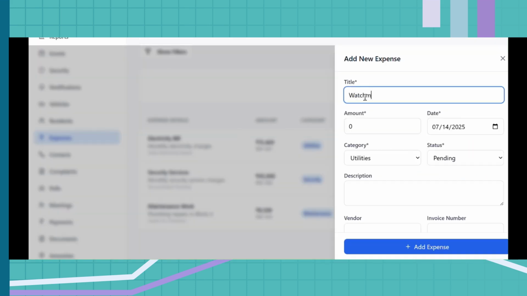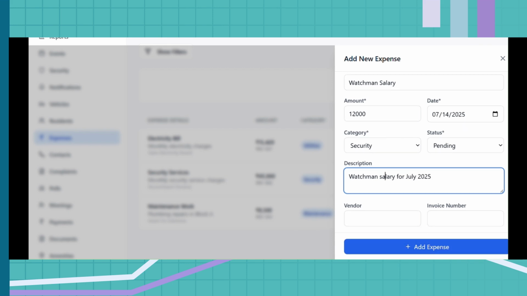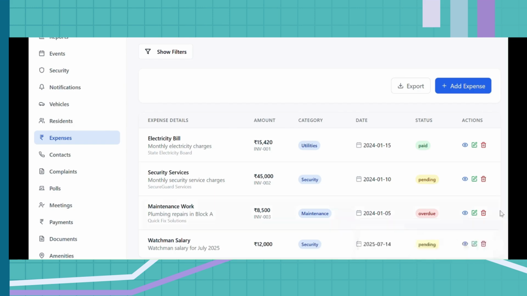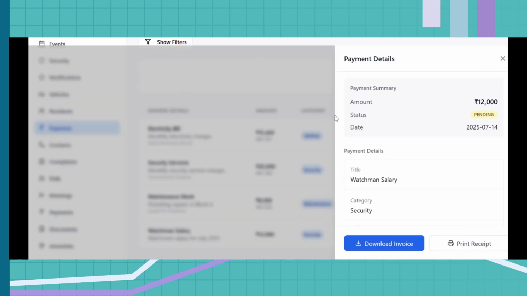You can also create invoices and payment receipts from the application. You can download, export and print the receipts for audit.